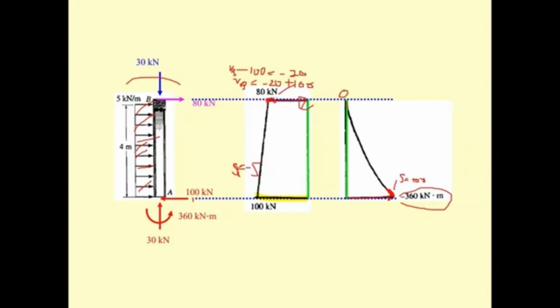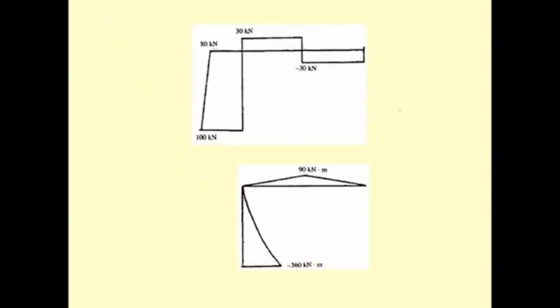And the slope here is what? You've got to put the slope here. The slope here is going to be 80. Okay, that is going to be the 80. So the shape of the shear diagram and moment diagram is going to be like this. And finally, if you combine them, you get this. And don't forget what indicates the slope. This is going to be 0. This is going to be 0. Okay, and this is going to be